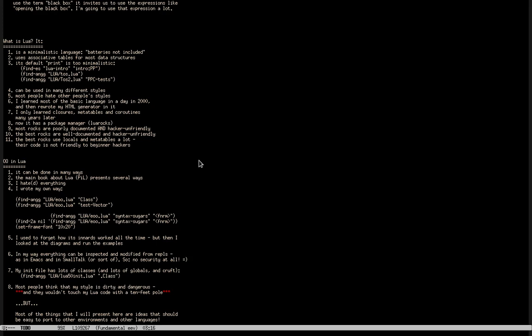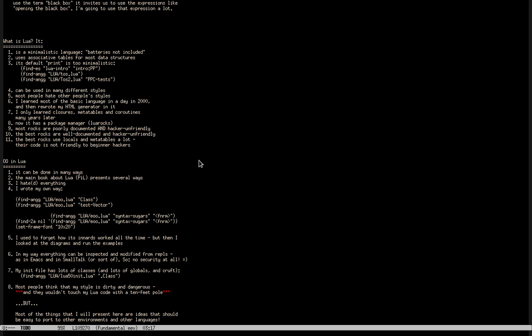In the beginning, when I started using Lua, it didn't have a package manager. It appeared later. It is called LuaRocks. It has had this package manager for several years. Most of the rocks for LuaRocks are poorly documented and hacker unfriendly. So you can't rely just on the documentation, and you can't rely just on the source code because, I mean, if you're a genius, of course you can, but for people who are either lazy or dumb or whatever, like me, or unfocused, the source code is hard to understand and hard to tinker with.